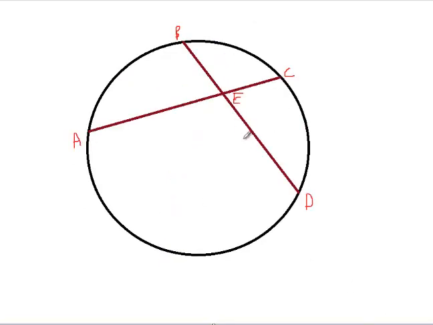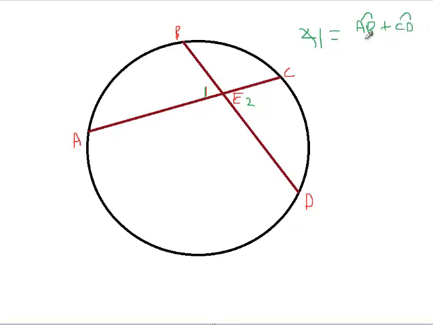Next, we've got two theorems that are relevant to crisscrossing chords. Notice AEC and BED are both chords. They're not diameters, of course. Now, the first one is, let's say we figure angle 1 and 2. Angle 1 and 2 are the same, of course, because they're vertical angles, and each of them is equal to the average arc that it intersects. So, for example, angle 1 is equal to the average of arc AB and arc CD, which is the same thing as saying arc AB plus arc